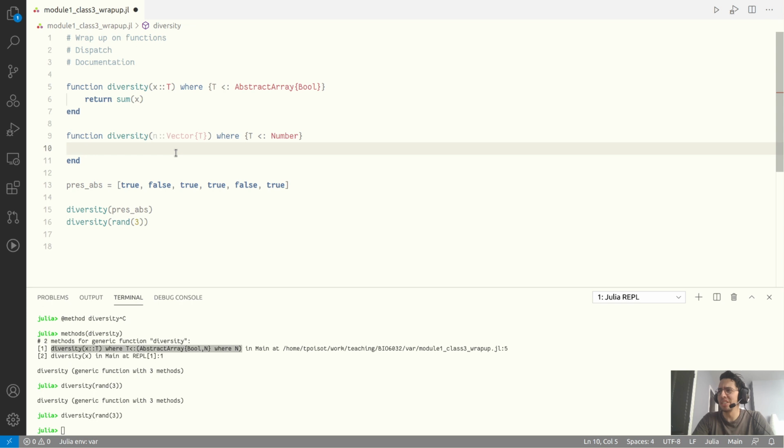So when we want to call diversity on something that is a series of numbers, we have different possibilities, right? We have possibility number 1, we want to be measuring Shannon's entropy, or possibility number 2, we want to be measuring Pielou's evenness index, for example. So, that's two measures of diversity, and we need to be able to switch between one and the other. So let's say that we want to